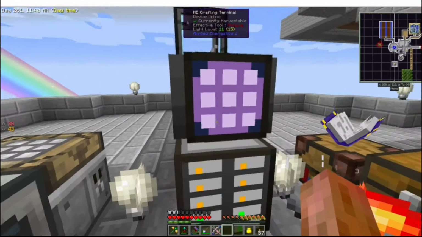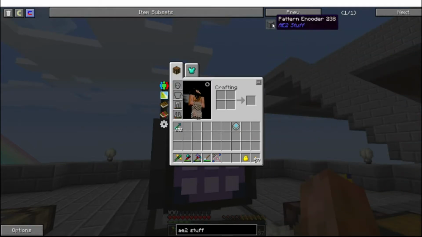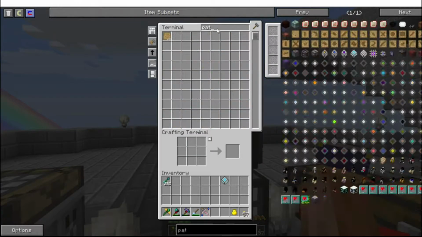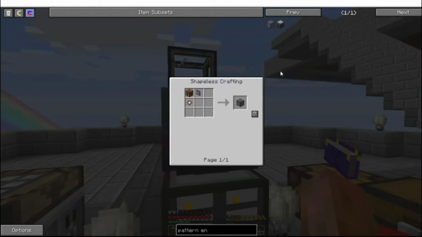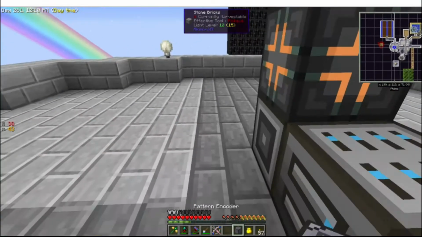We don't have any 1Ks in the... Okay, we've got AE2 stuff in, right? AE2 stuff. Yeah, there is a pattern encoder right here. We should be able to build that. Pattern encoder. This will allow us to... oh, what are we missing? Unlimited panel. We should be able to build one of those, or 3, because that's what the recipe is. This will allow us to make patterns, even if we don't have...